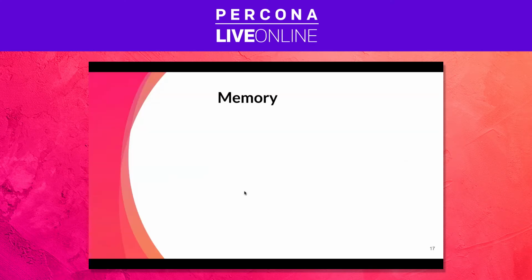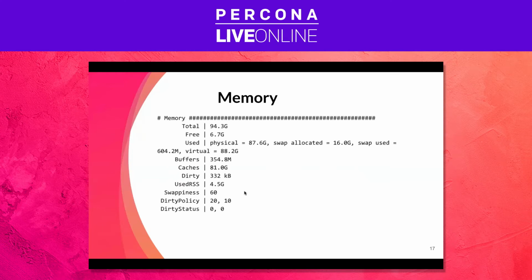Now, another big piece of the puzzle we are trying to make sense of here is obviously memory. And we see a lot of memory being used for OS caches, which is not common in an InnoDB-centric server. This is one such example here, where we have about 94 gigabytes of memory and 81 gigabytes of cache. So again, we will be discussing more of this later, but for the swap space here,